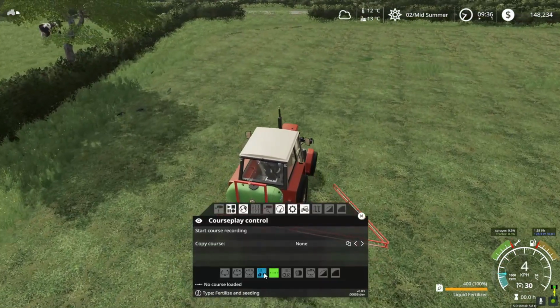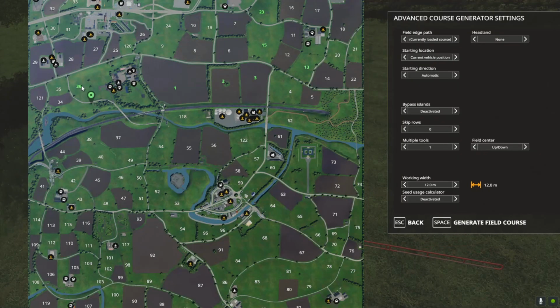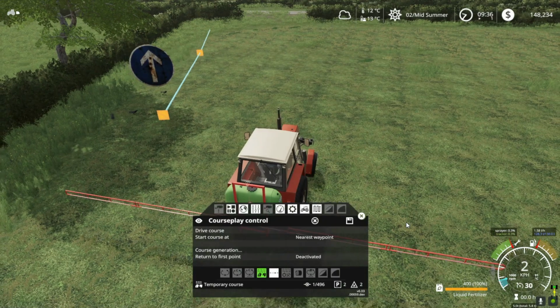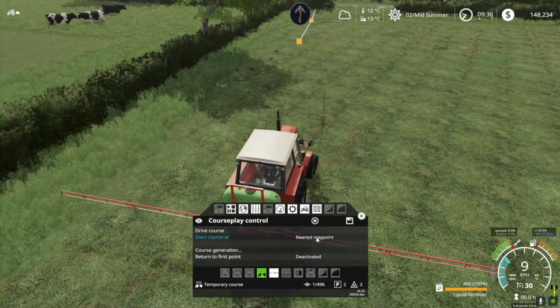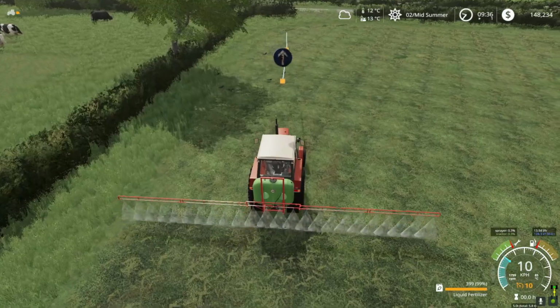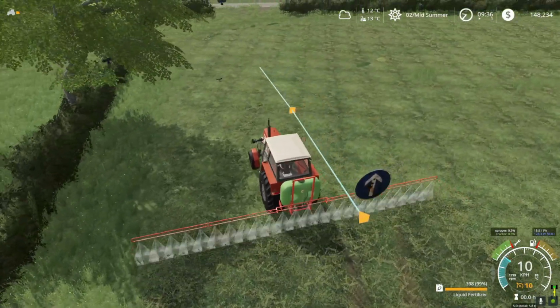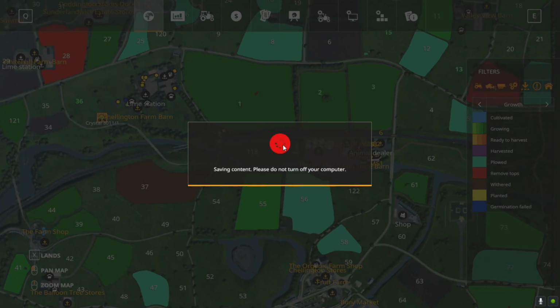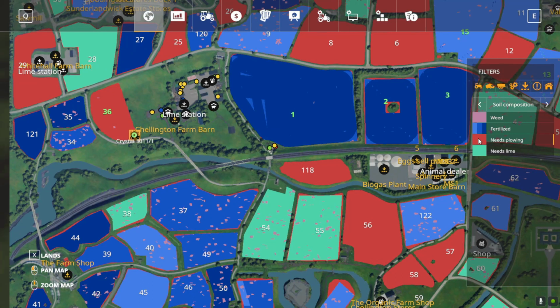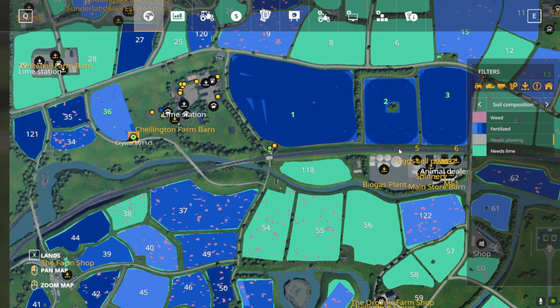So we'll set it up on generating course. We'll go around 4 times, so we'll make it say it's 11.3. So we should definitely see the benefits of doing this. We need plowing, but obviously we're not going to plow this field because it's...